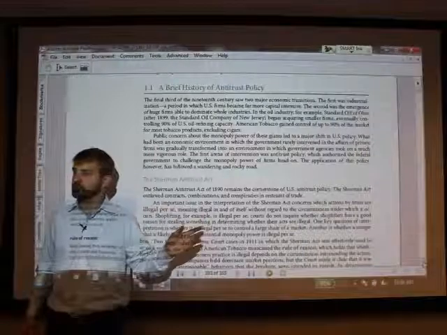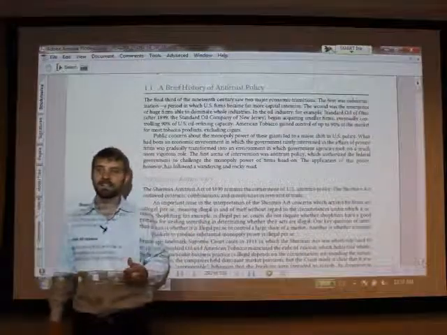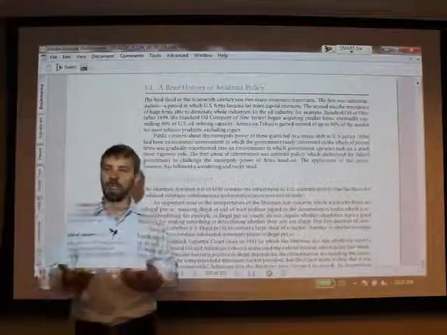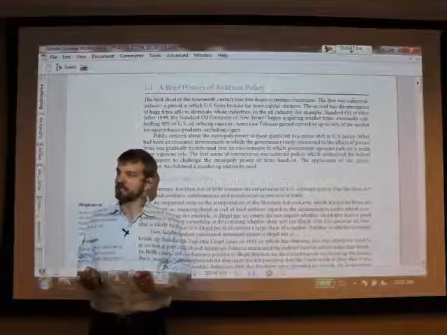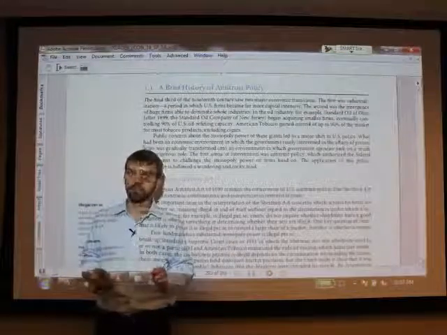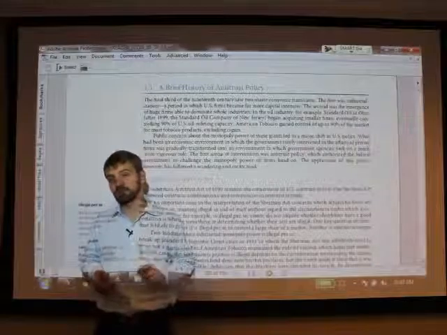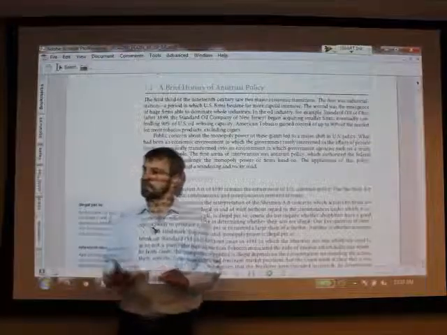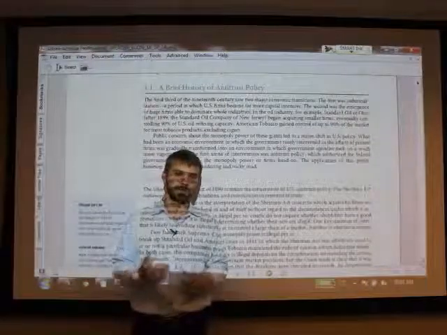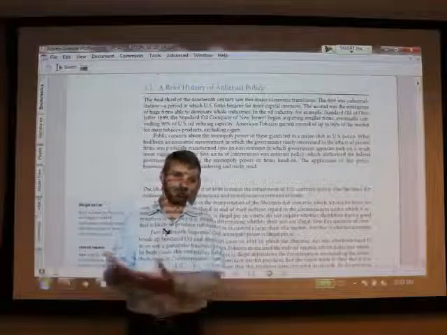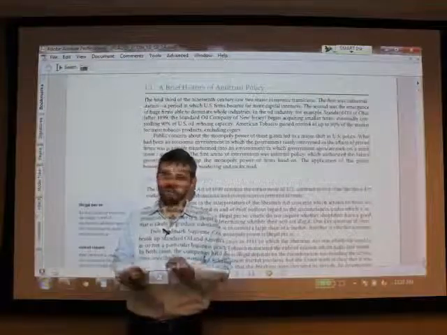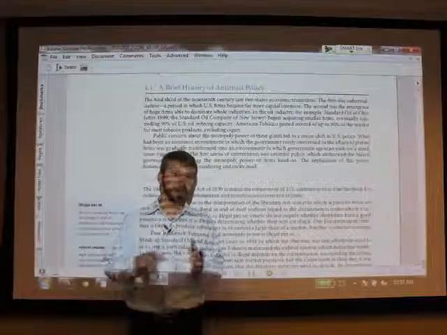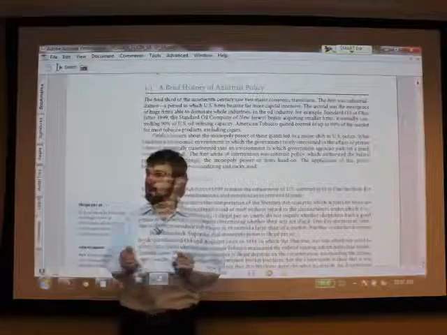The history of antitrust laws in the United States goes back to the days after the Civil War, when the Industrial Revolution had really begun in earnest in the United States, and also in England and a few other countries. The Industrial Revolution is a very important historical event, and there are many different explanations for it. One is, for example, the substitution of human and animal power for fossil fuel power. But really we saw a dramatic increase in production and incomes, starting around 1776 to 1850, around there.